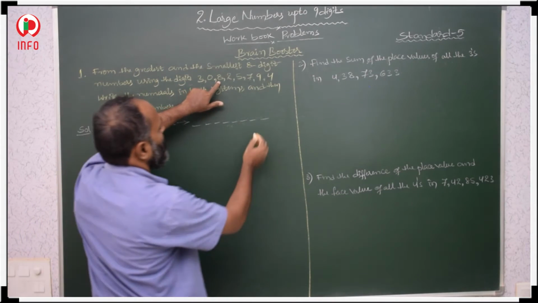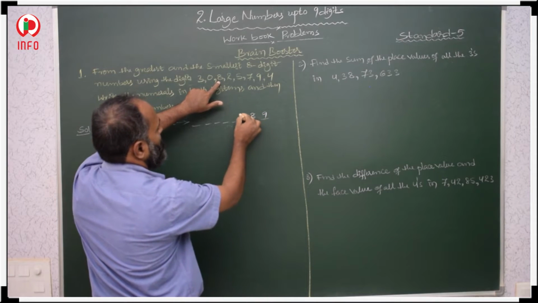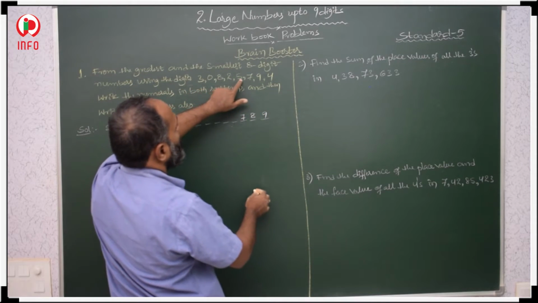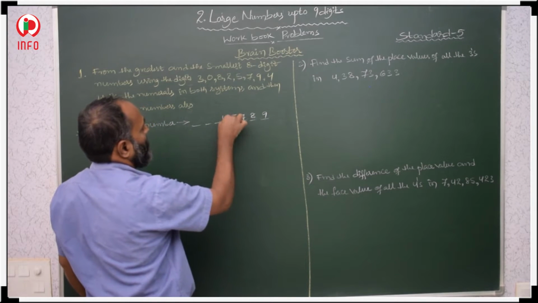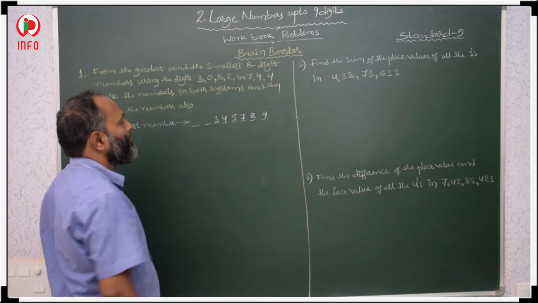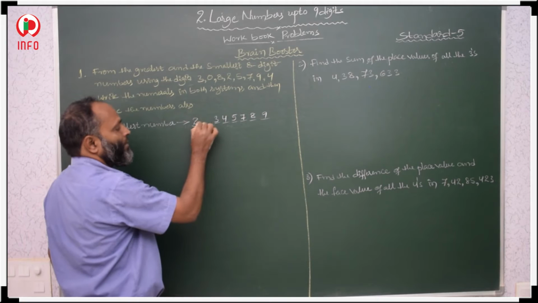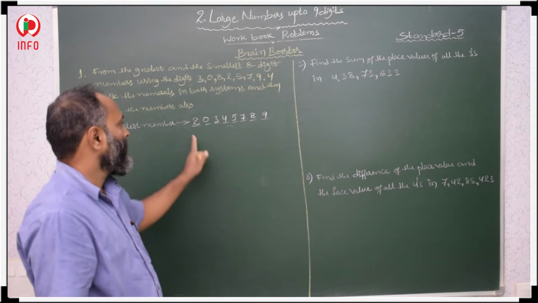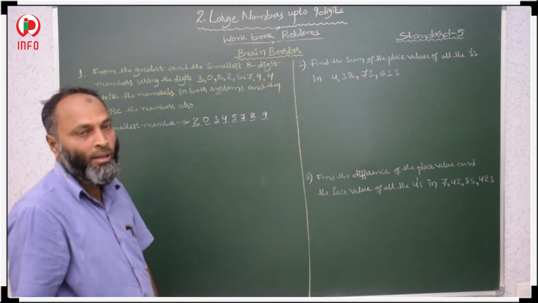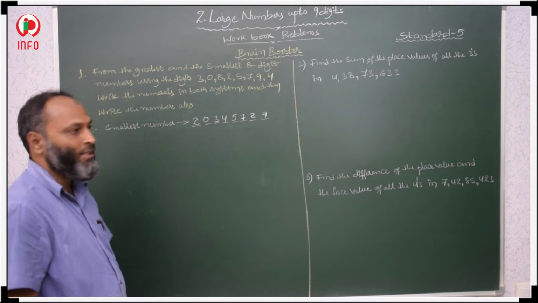First, we arrange a greater number here, and less than this, and less than this, and after that less than this is 5, and less than this is 4, and less than this is 3. And after that, 0 is there. First, we take the second smallest number and then 0. In this way we arrange the smallest 8-digit number. Then we have to write it in the Indian system as well as the international system.